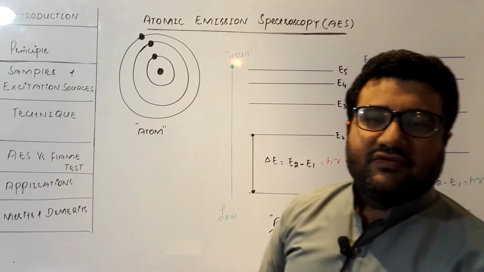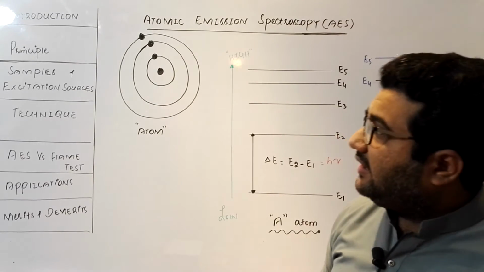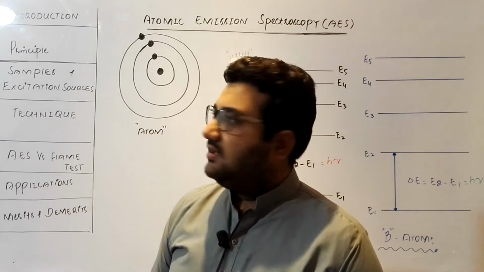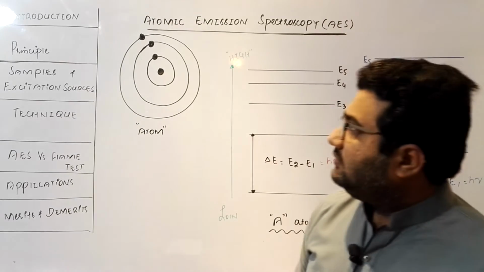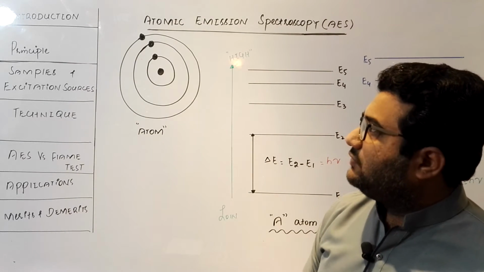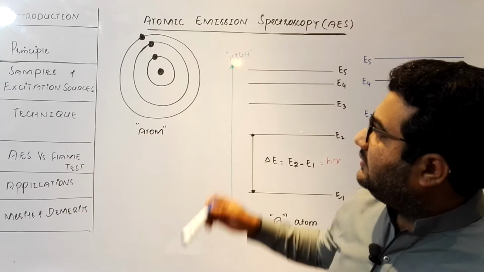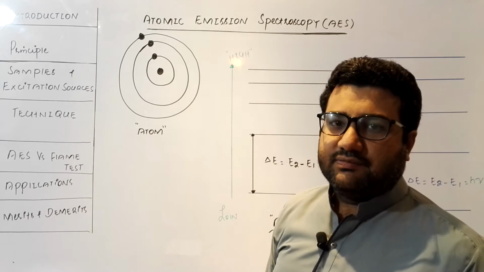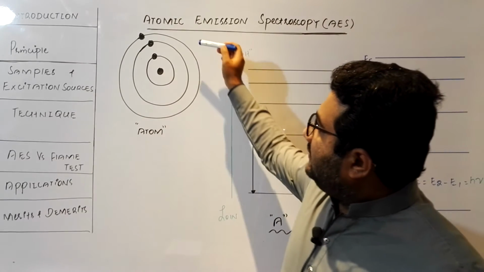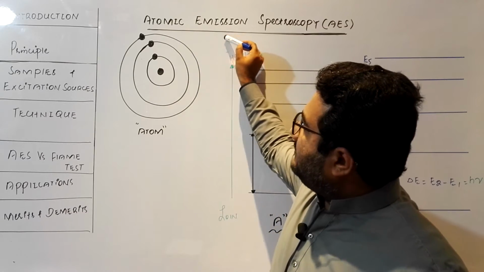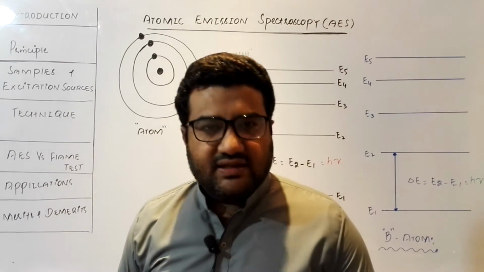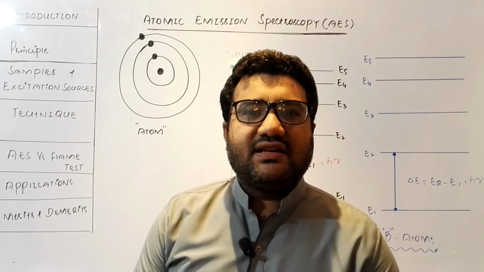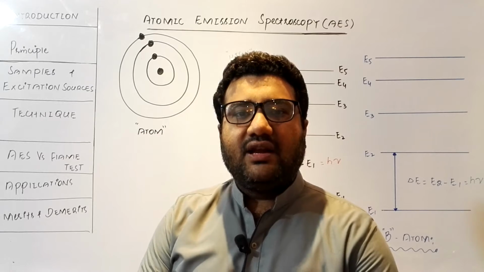We will discuss these two words in detail today, and we have again divided this lecture into different parts, which are in front of you. So, without wasting time, let's move into the topic. First of all, we will discuss the introduction of atomic emission spectroscopy. The first word is atomic, the second is emission. It means this spectroscopy is related to atoms, and certain radiations will be emitted from the atoms.